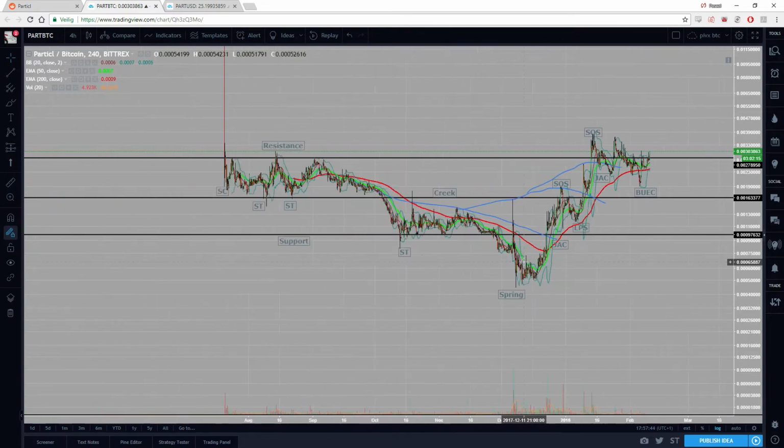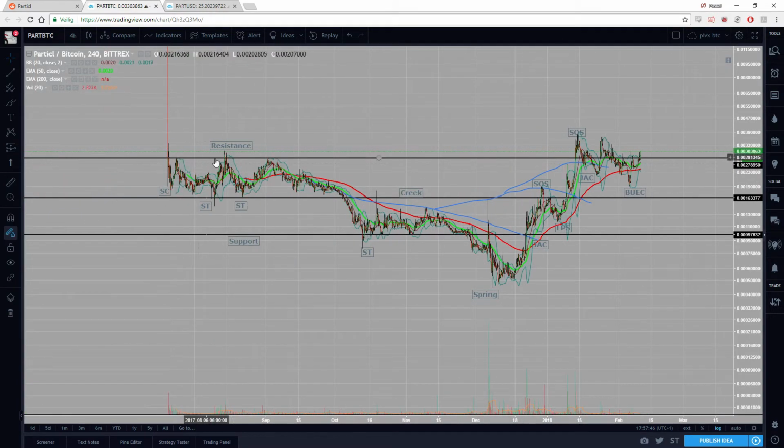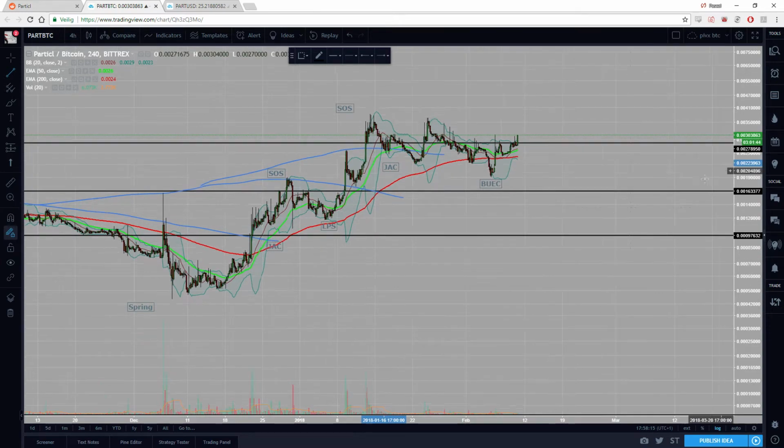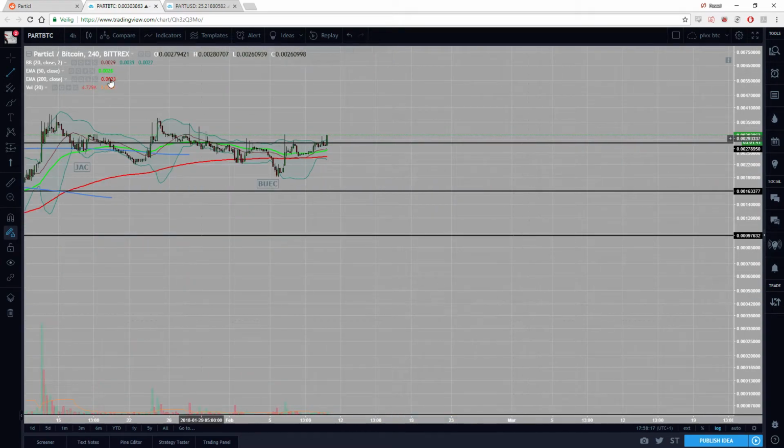And I actually noticed something quite interesting because we had this macro accumulation phase, right? With a nice spring, some strong sign of strength, and yeah, right now we are getting support on the creek, right? If you could draw this further, you could actually see that it's kind of support on this line, right? But if you look really close, more up,